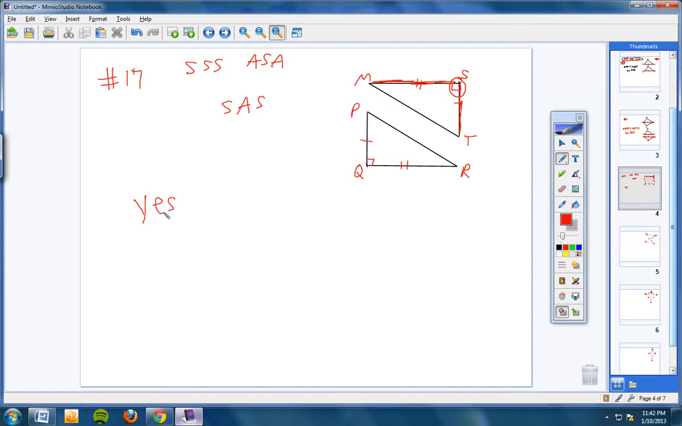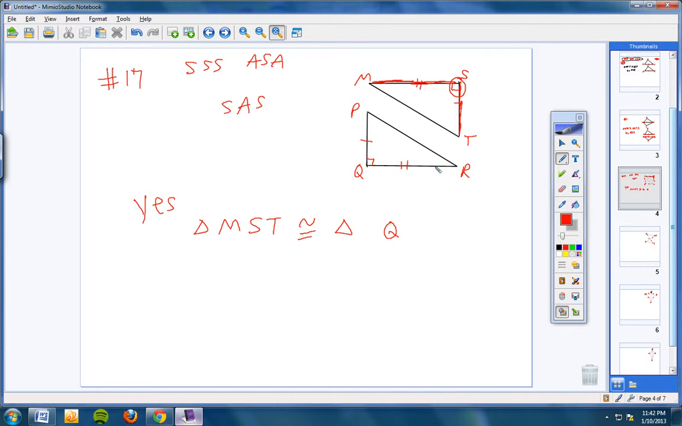So here we go. Yes, triangle MST. Now write your statement carefully. Make sure you write corresponding angles with corresponding angles. We know that. Let's see here. Well, I see S is in the middle. And of course, S is a right angle, so I know Q goes in the middle because Q and S